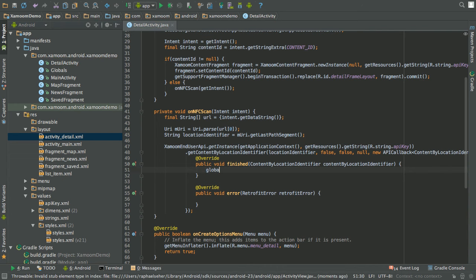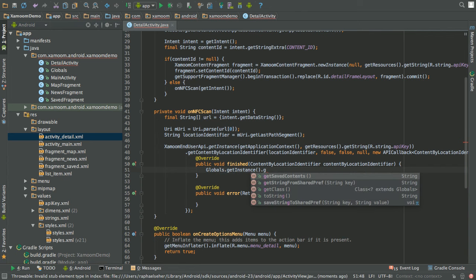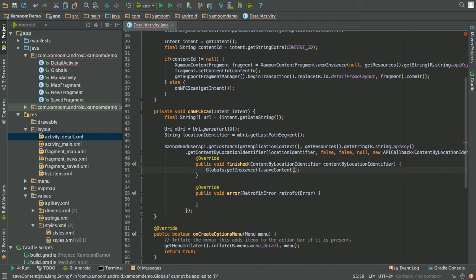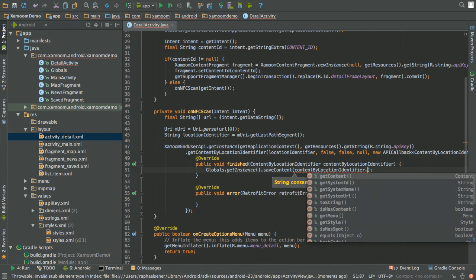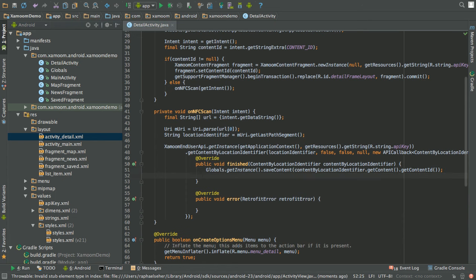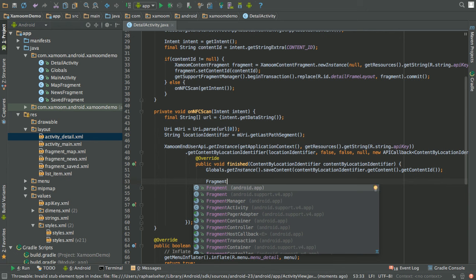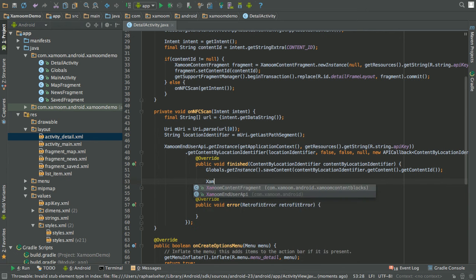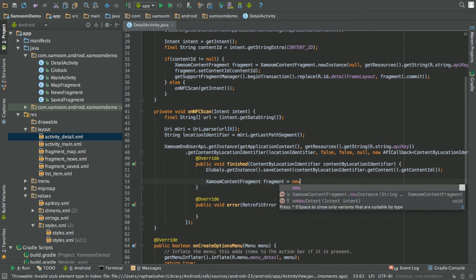and when it's finished we do the same as we did when we get the content ID from another activity or fragment. But first we save this content which we just retrieved to saved content so that it is shown in the list of saved content. And now we get again a xamoom content fragment,